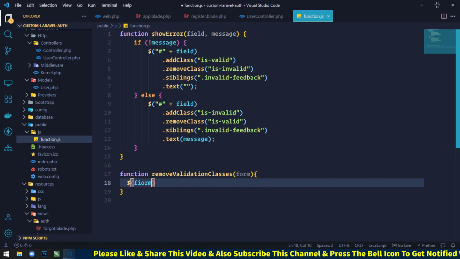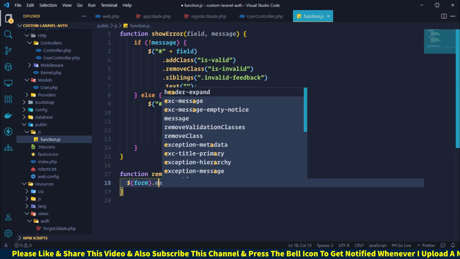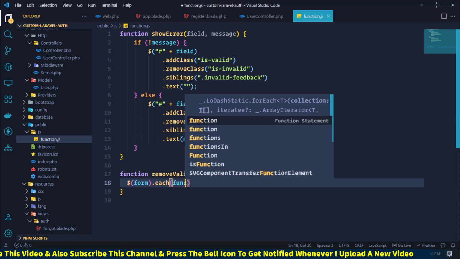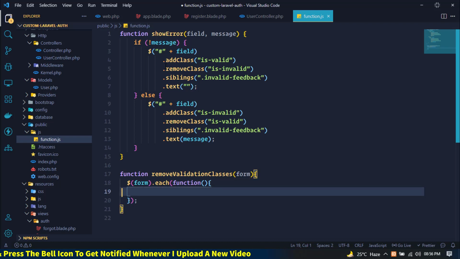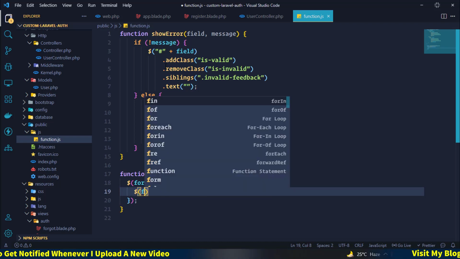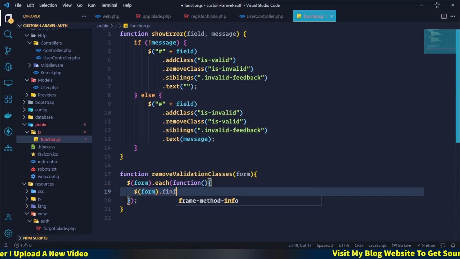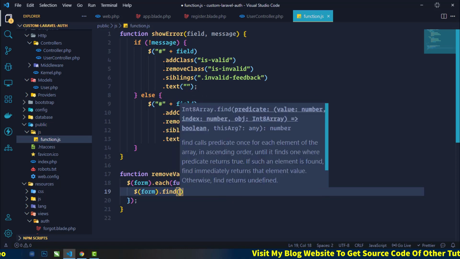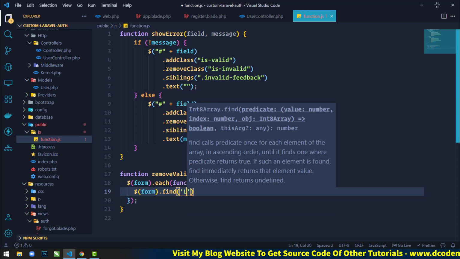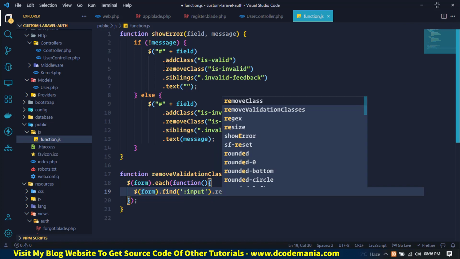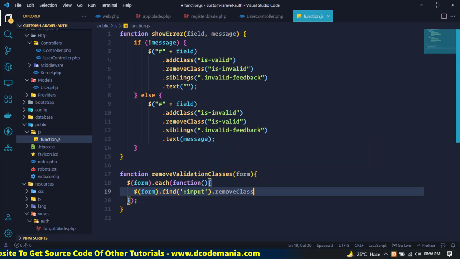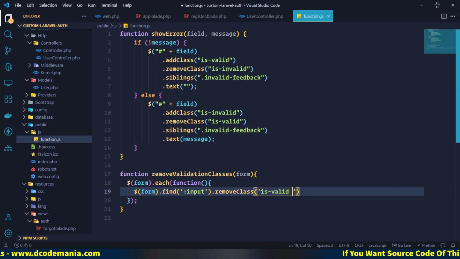Here we will select the form, then each function, here we will use form.find input .removeClass, and we will remove is-valid and is-invalid.